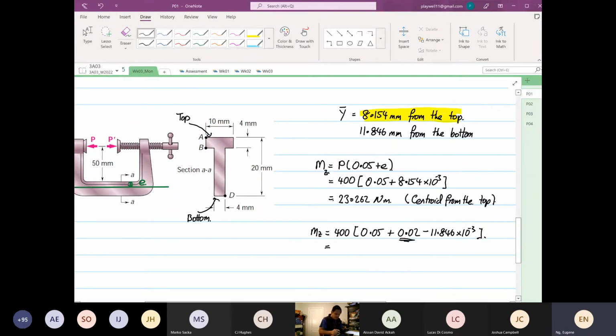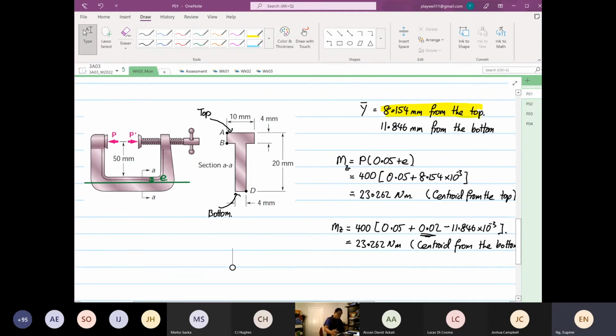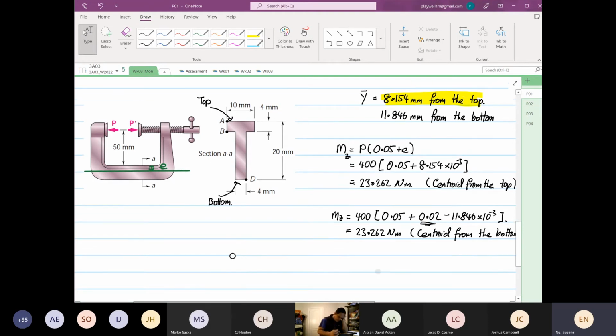So if you take 0.05 plus 0.02 minus 11.846 times 10 to the power minus 3, then times 400, the answer is the same. It's 23.262 Newton meter, centroid from the bottom. So for this case, you take it from the top, on the side of the applied force. The datum, I'll write down here,